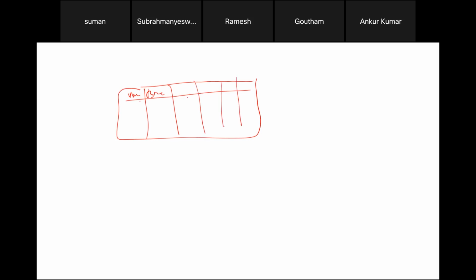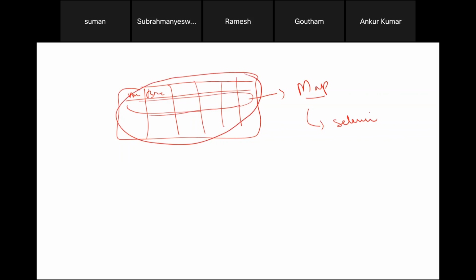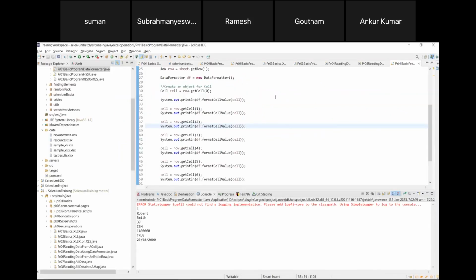And we'll capture all this data into a map, and this map we'll use in our Selenium script. Generally, this is what all our Selenium scripts do when we are doing a data-driven program. We'll capture all this data into a map and use that map in our Selenium scripts. But before going into this map, how to read that data into a map, the basic thing you have to understand is